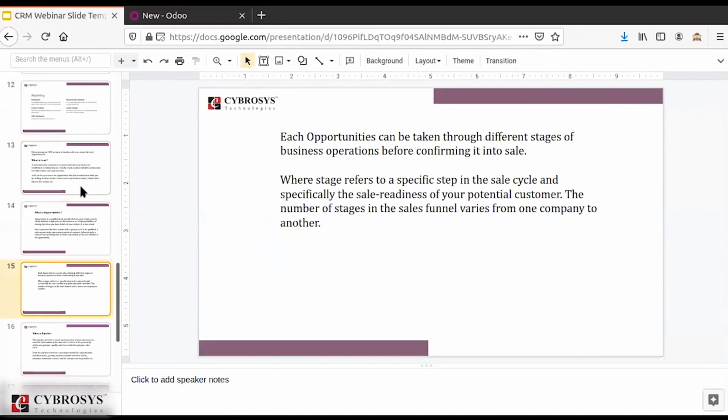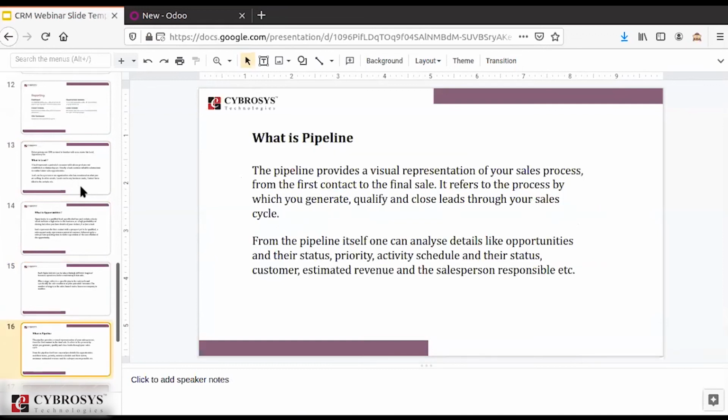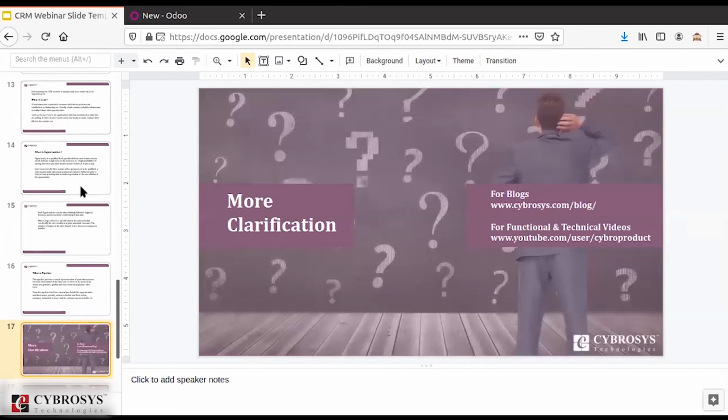We have also seen the different stages and specific steps in the sales cycle. With the pipeline, we have seen how it visually presents to your users or customers, and how it manages everything with its priority status, estimated revenue, salespersons, responsible persons, and so on. So this is all about this section.